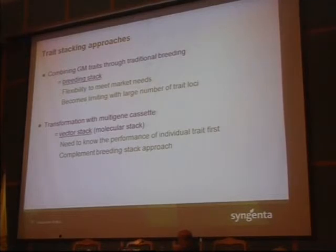Because the corn rootworm is mostly limited to the Corn Belt, and the southern part of the U.S. does not have the corn rootworm, you don't need that trait. There's flexibility: you just do the breeding and don't incorporate that trait. However, with the traditional breeding method of incorporating traits, once you have more than 4 traits